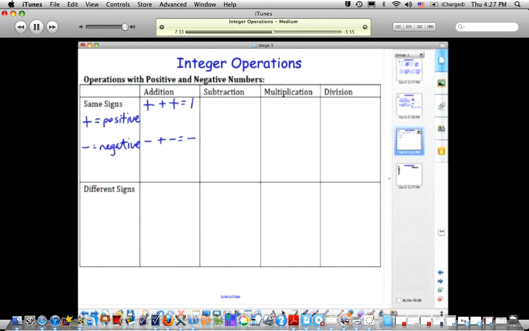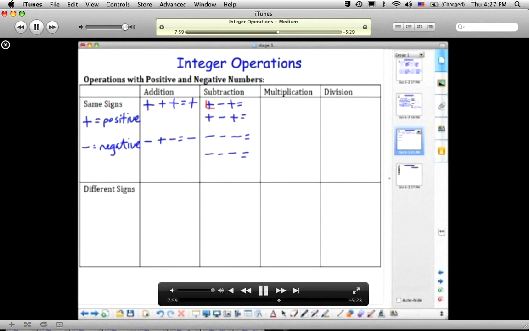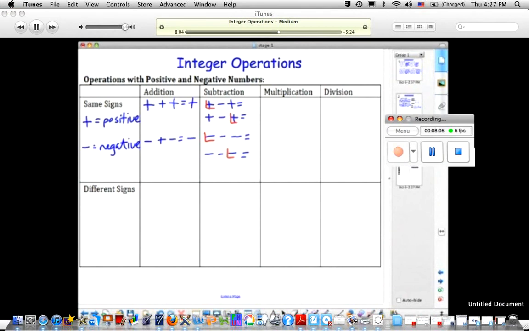So the first slide that I filled in was addition. And if I have a positive number plus another positive number, my answer is going to be a positive number. If I have a negative number plus a negative number, my answer is going to be a negative number. When I get to subtraction, it's going to be a little different, so I do want to write all the possibilities. I have same signs in this box, positive minus positive, negative minus negative. The red L's that I'm